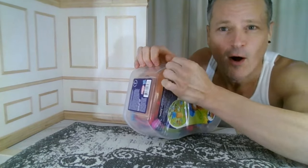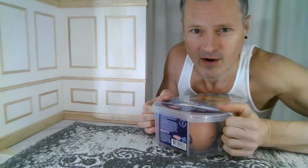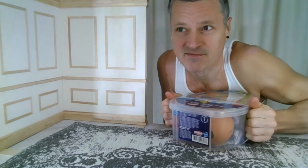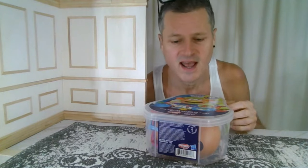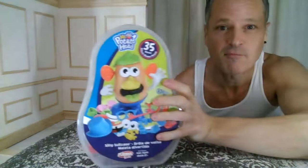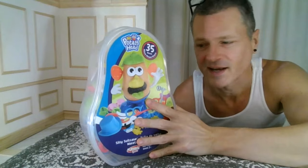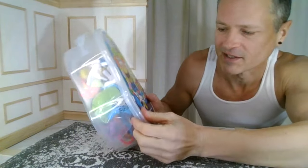However, all of this being said, I love the 2024 Mr. Potato Head, his 75th anniversary. I love the new parts and the body and everything so much that it kind of makes old Mr. Potato Head kind of obsolete. But we're going to see. And we're going to really see because we're going to...